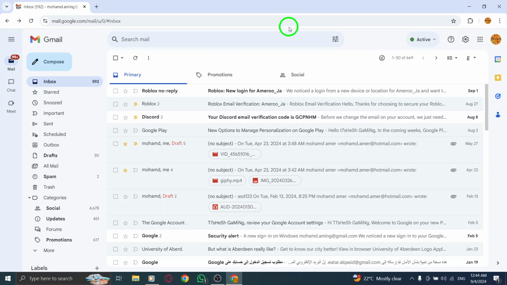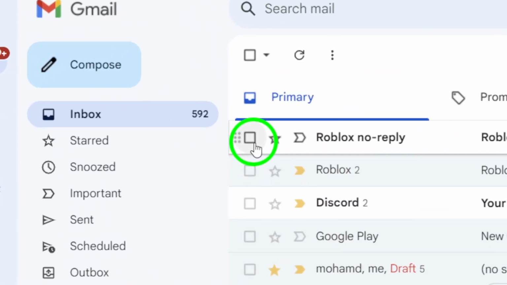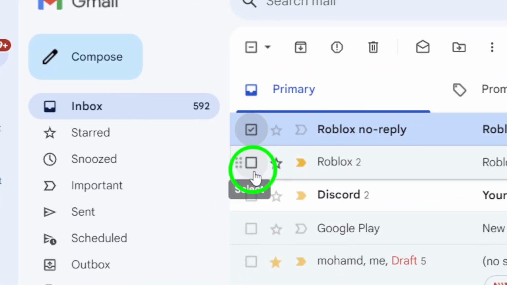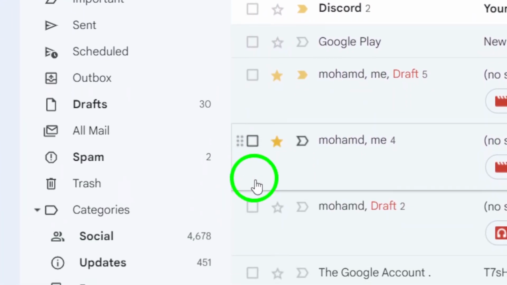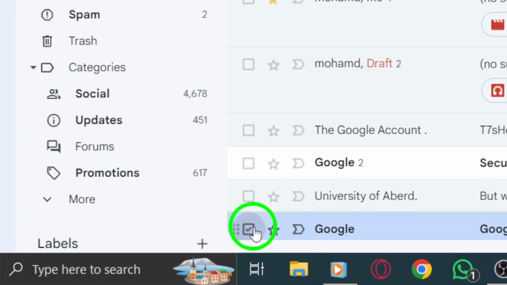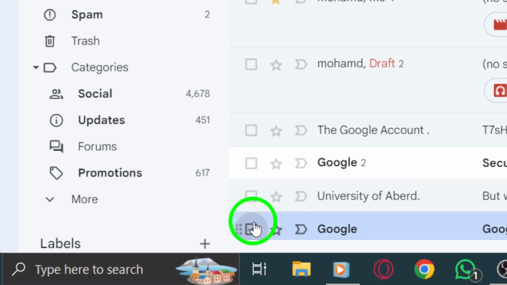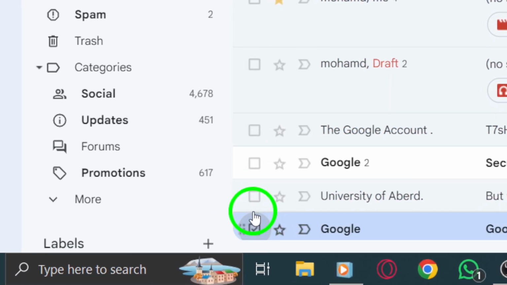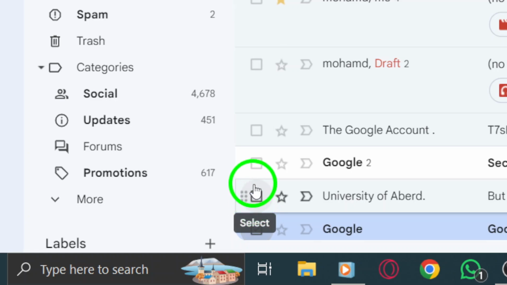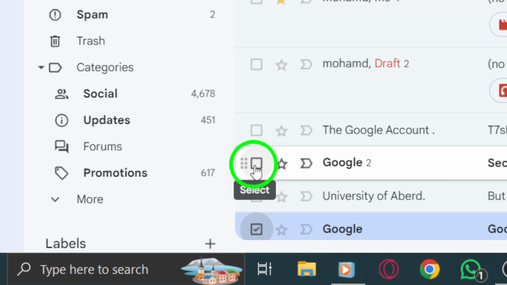Next, it's time to select the emails you want to delete. To do this, look for the small checkboxes located to the left of each email. Simply click on the box next to each message you wish to remove. If you want to delete a large number of emails at once, you can also select the top box to choose all messages on the current page. Don't worry, a notification will appear allowing you to select all conversations in the folder if you want to delete